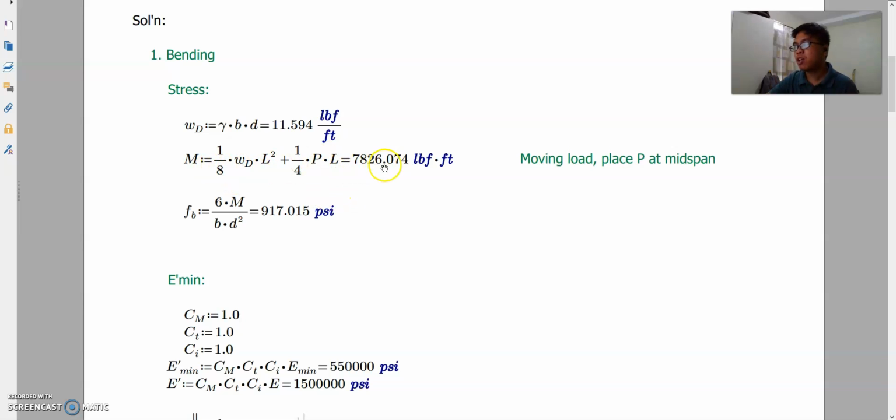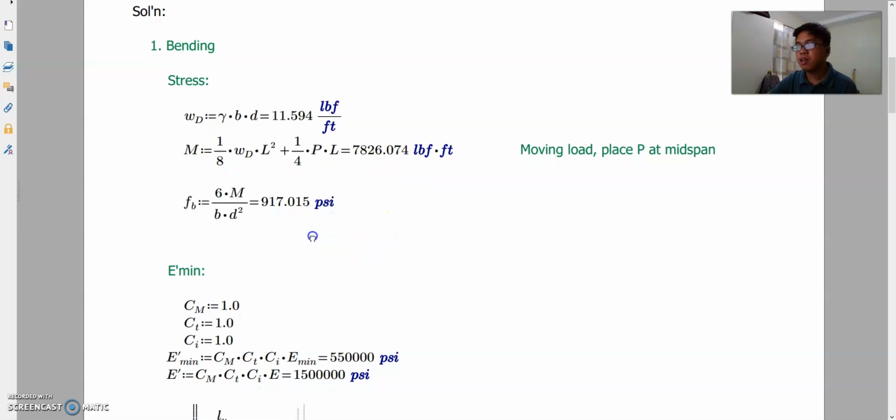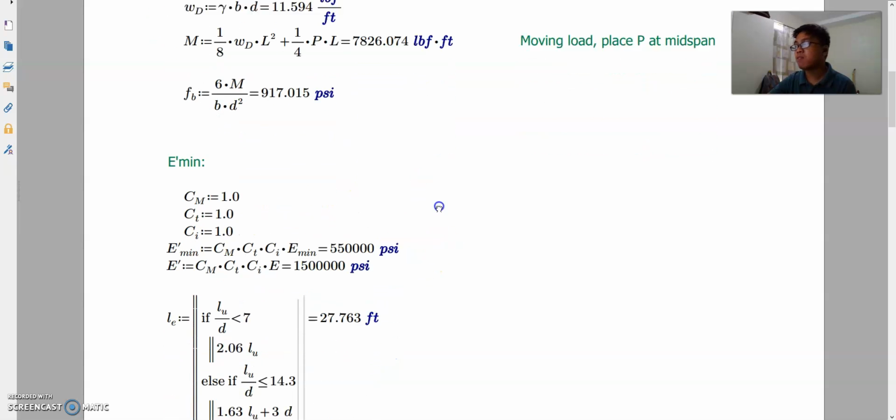And so we have a moment equal to 7,826 pound-feet. And then the stress is using the derived formula from exam 1. Okay, so you should have already memorized this by now, 6M/BD squared, and then our bending stress would be 970